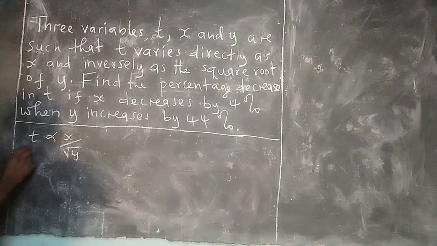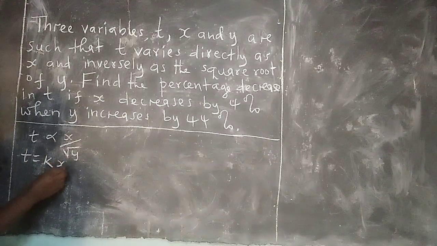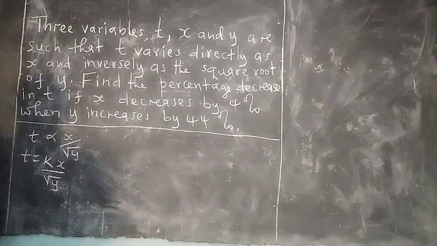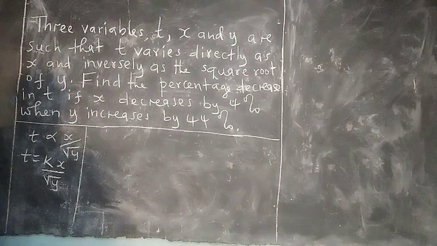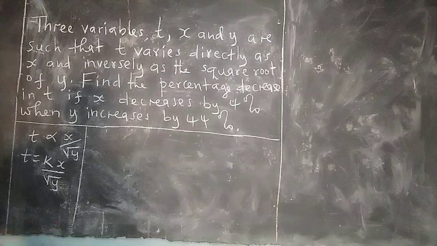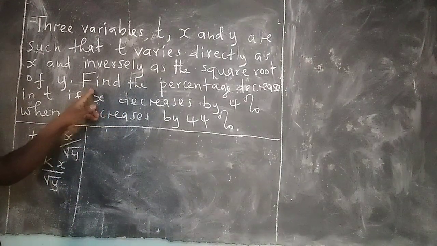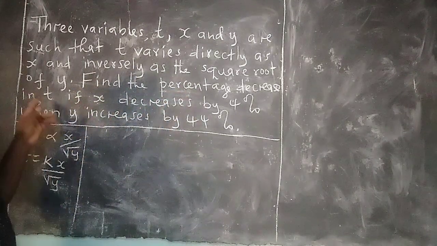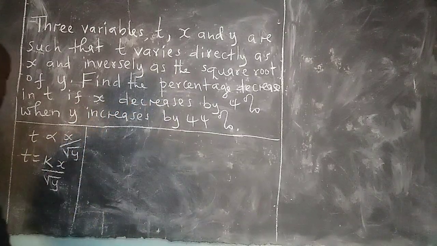which means now t equals, we introduce a constant of proportionality k times x, then we divide by the square root of y. Now, we are told to find the percentage change or decrease, for that matter, in t,